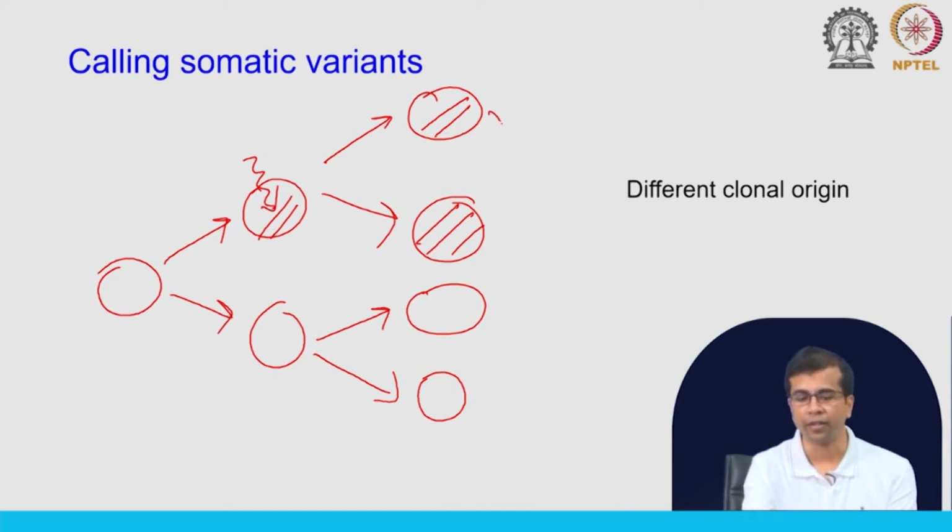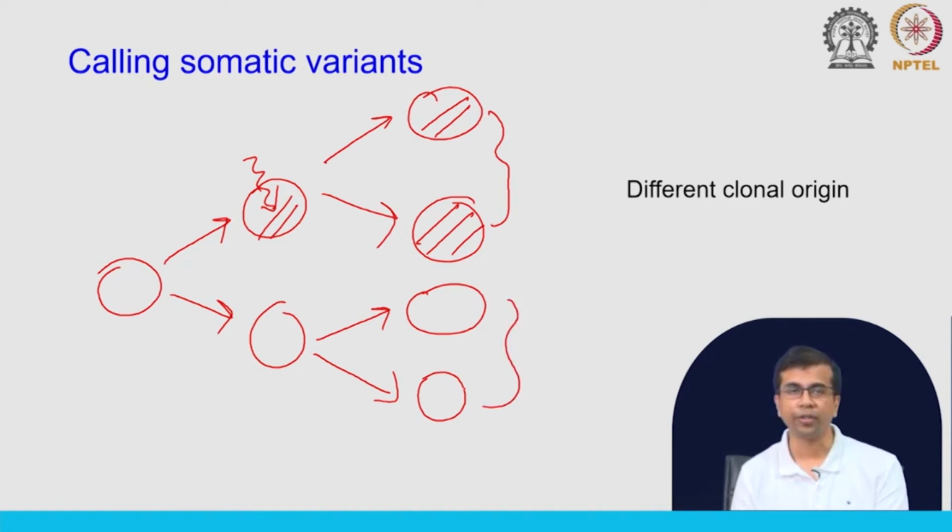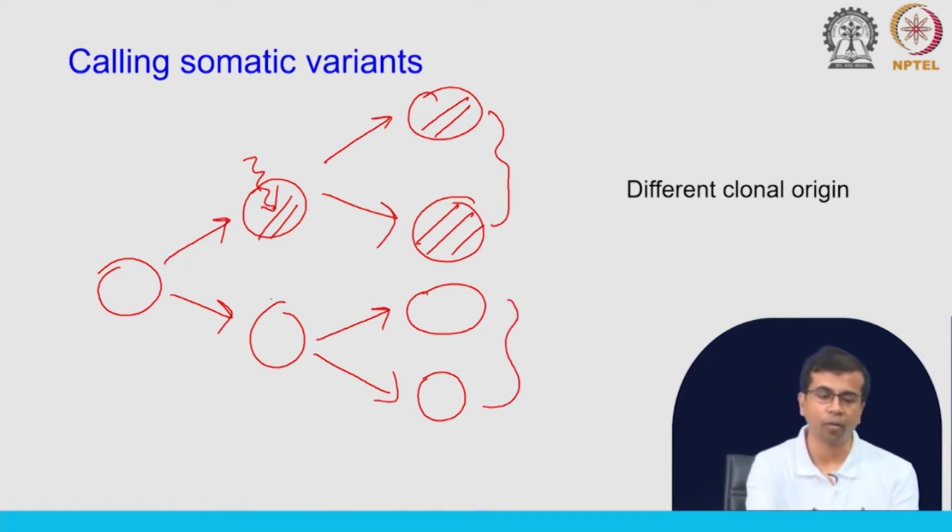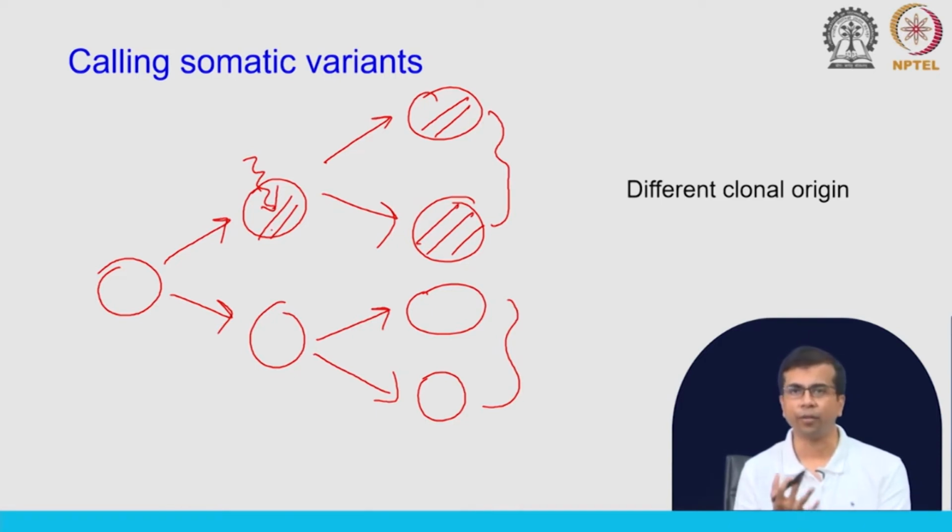So, these two cells here, they will also carry the same mutation, whereas these other two here, right, at the end here, they will not carry this mutation, right. So, they are arising from two different clones. So, that is why you see this difference, okay. And this is happening inside our body, right. These cells are originating, there is this cell division happening, right. So, some cells will have certain mutations, whereas the other cells will not have this mutation, okay. So, that is why you will see these different variants for the same position within an individual, okay,